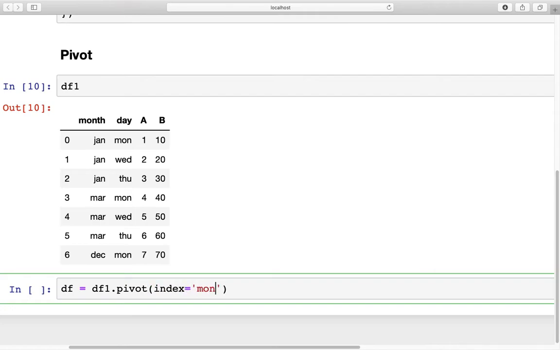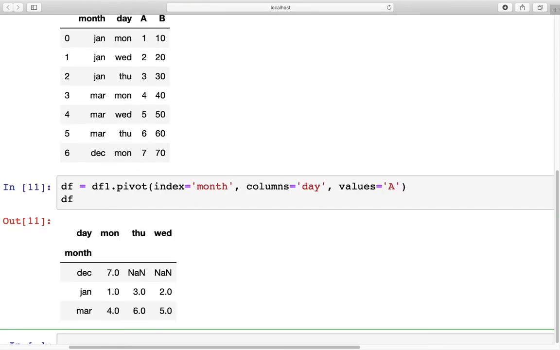index is equal to month, and index is what we are going to leave as is as a column. Then columns is equal to day; these are what are going to appear as column names. So the contents of the column day are going to appear as separate columns, and that's why we have columns. And values, so here we need to pick a column that has values, so we'll pick column A, which has the numeric values. Now when we run this, we get a pivoted data frame of the original data frame,